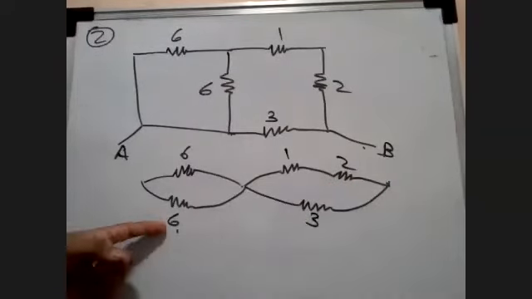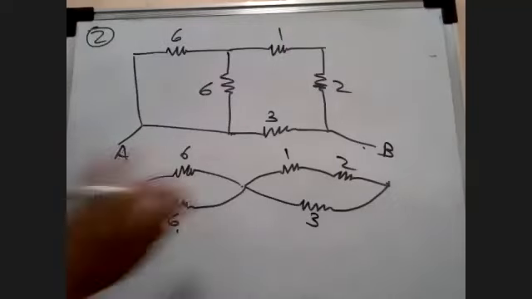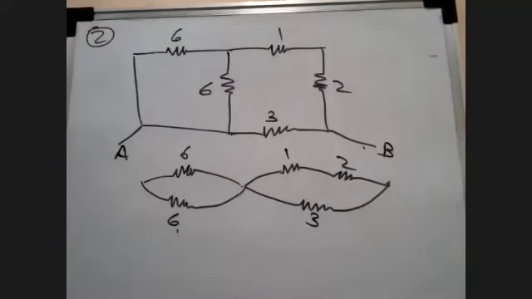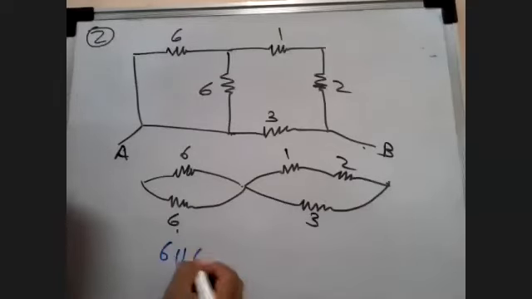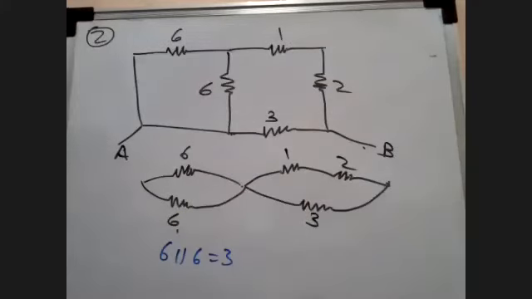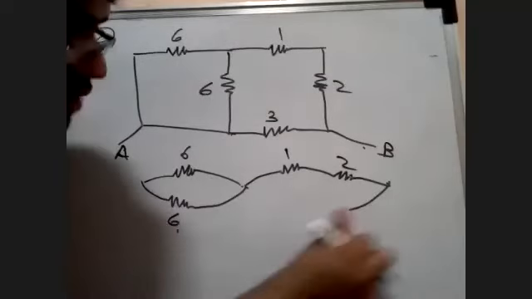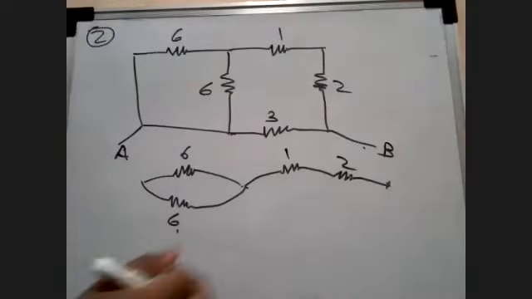So 6 parallel with 6 is how much? 3? Yes or no? 6 parallel with 6. I will write here. Is 3. And 1 plus 2 is in series here. So that will be 3. 3 parallel with 3 is what? Sorry, one minute. Mistake. This 3 will not come here. This 3 actually comes from here